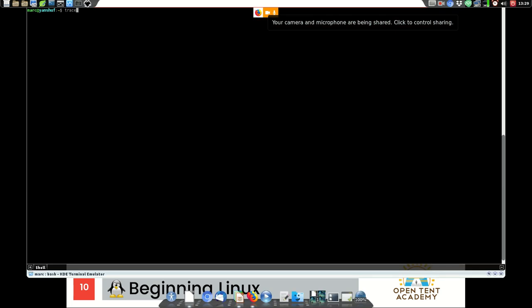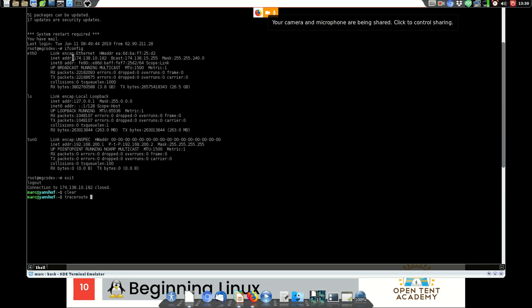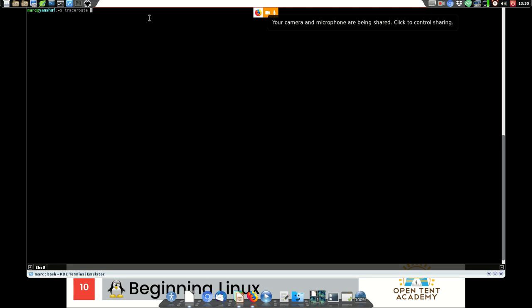Traceroute. This is fun. Let's say I was curious and wanted to know exactly how my computer connects to that server. I happen to know that the server is in Amsterdam. I have a server in Amsterdam, I run a server in New York, so I've got servers all over the place, and all these things are connected. This is the internet.